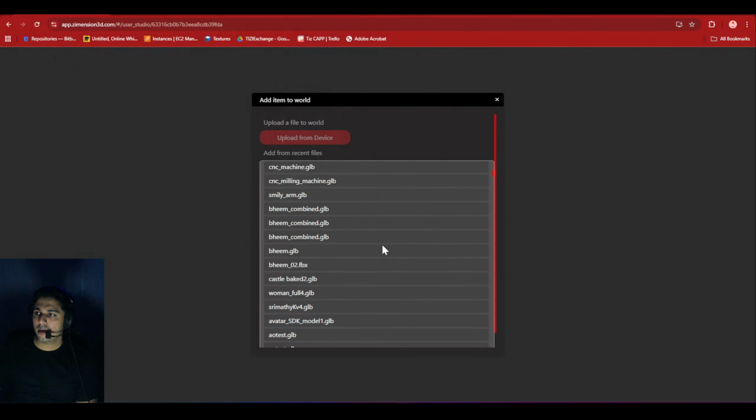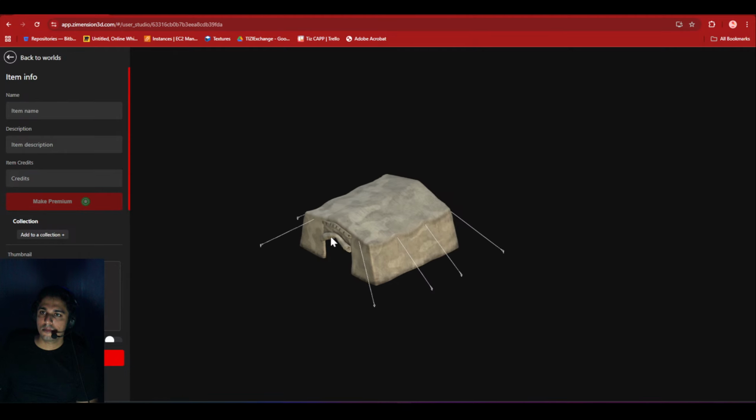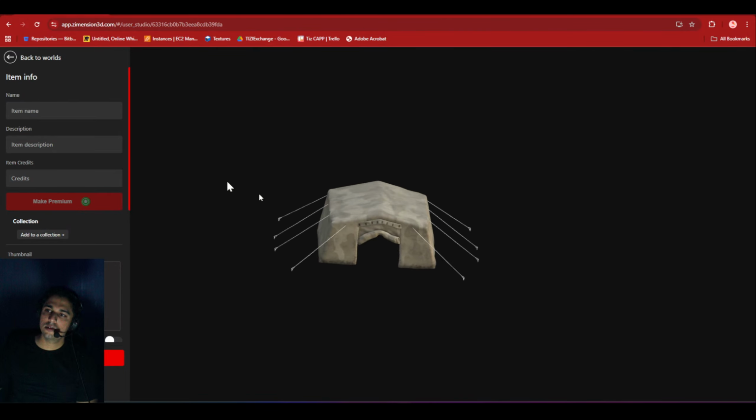Let me add this army tent. Again, this is not something I have created, but yeah, I'm stealing this and publishing it from my own account. So I'll name it army tent. Description: camouflage army tent.